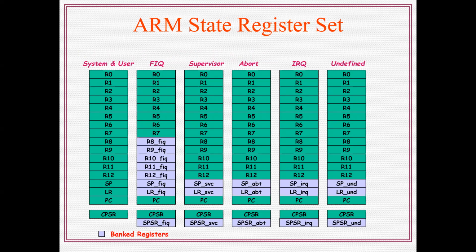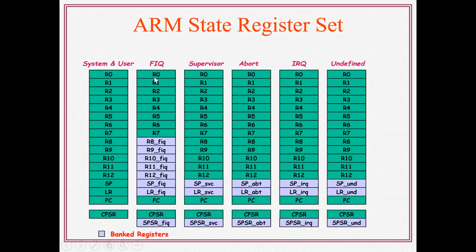So this is the ARM state register set organization. System mode and user mode are both the same, but one is privileged mode and the second is non-privileged mode. In this, it is the default mode. In this mode, R0 to R15 is supported. R13 is called the stack pointer. R14 is called the link register. R15 is called the program counter. And next, CPSR, the current program status register, is available. In this system mode, a total of 17 registers are available. And the remaining 20 registers are hidden registers that are not available in this mode, but are available in different modes.